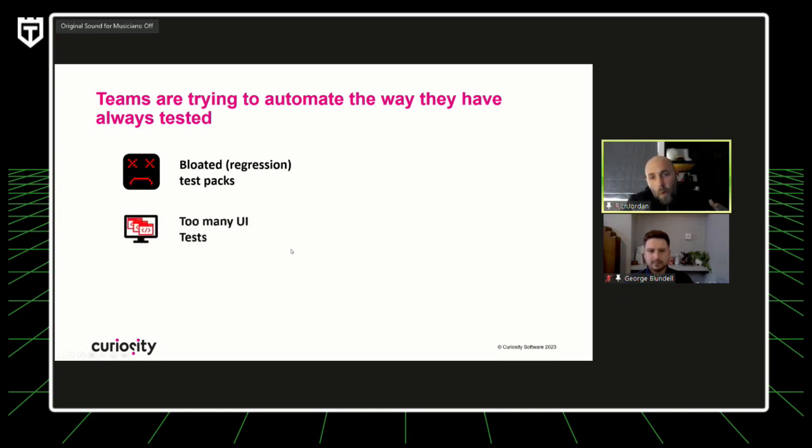We test too much at the UI. We all know the testing pyramid: the UI is the hardest place to try and get stable, robust automation, right? We've got to do some there, but too much of it is still centered around the UI. And also, carrying on the pyramid theme, too much of it is end-to-end, right? Again, it's hardest to test through the UI, but it's also hardest to string together lots of end-to-end environments to create a stable platform that allows us to be effective when we come to automation.